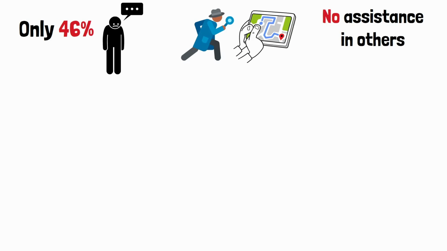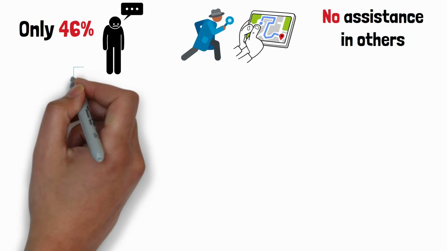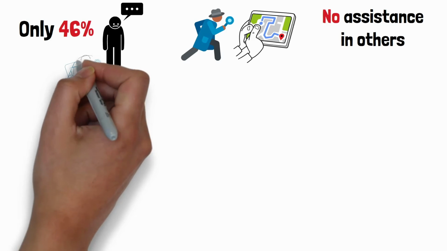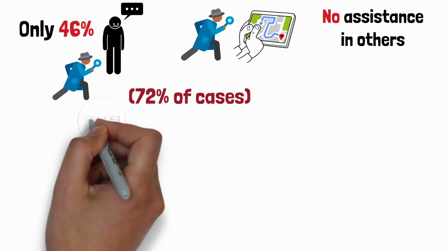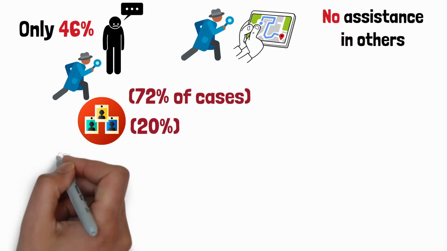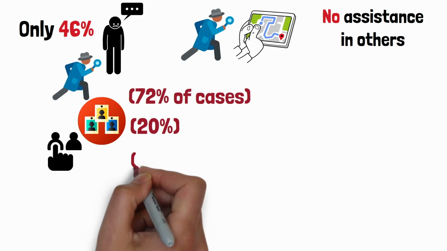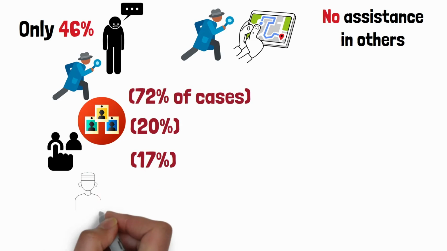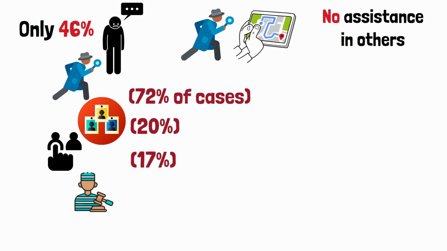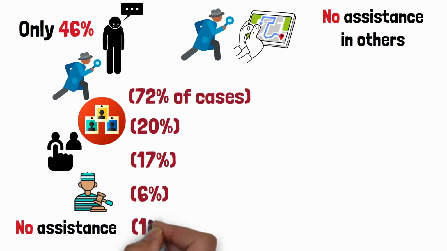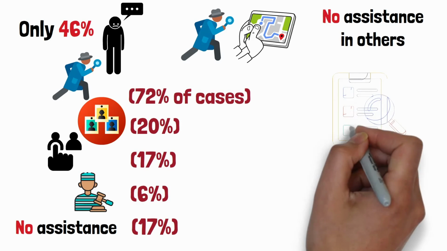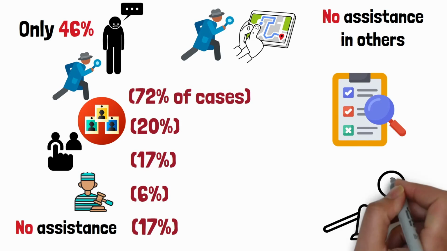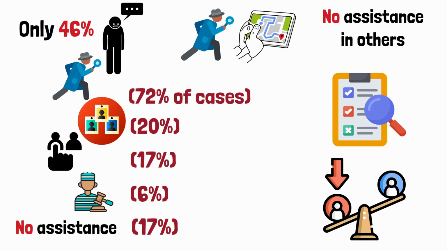To break this down further, for the FBI, profiling was found to focus the investigation in 72% of cases, locate possible suspects in 20% of cases, directly identify the suspect in 17% of cases, but only assist in prosecution of the suspect 6% of the time, and it was of no assistance in 17% of cases. There have also been accusations of heuristics and biases influencing judgments, including unconscious bias.